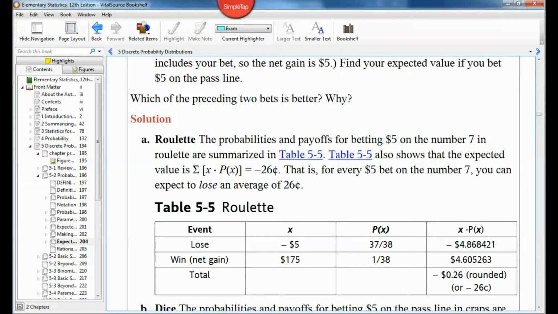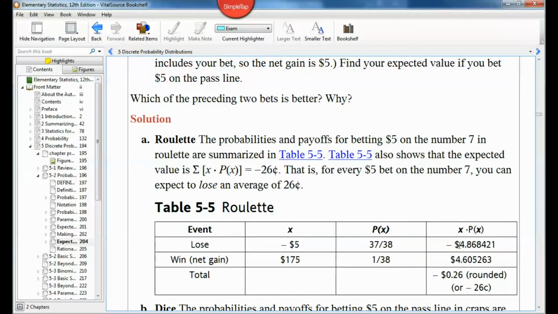Okay? Expected value is the sum of x times p of x. So we need to find the value if we lose. It's going to be the random variable -5 times the probability of that happening, 37 over 38, which is